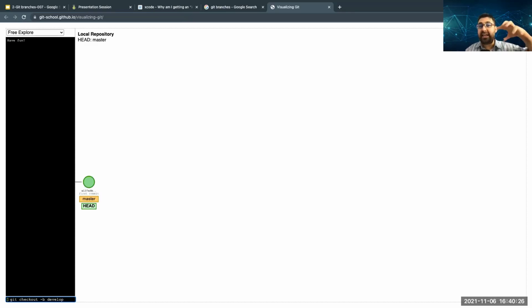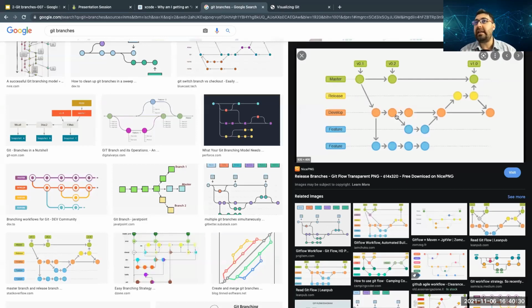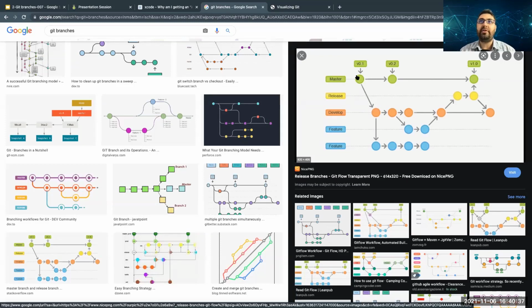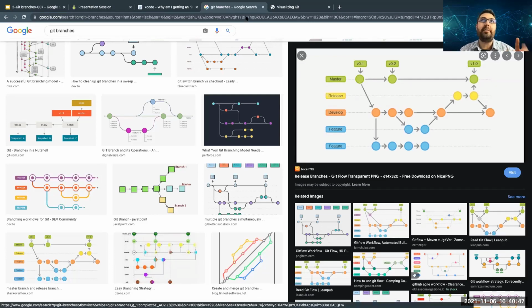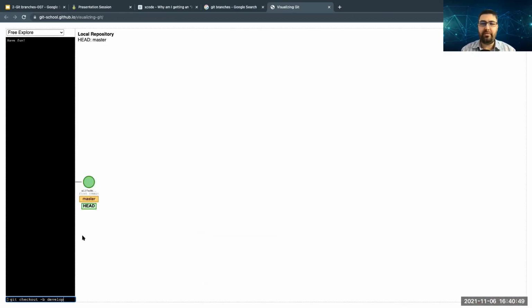Now I'm going to create a new branch. So what I'm doing is exactly the same thing you see here. I'm creating my develop branch from my master branch. But before we create the branch, let's commit, because there's one commit here. Every dot, every circle you see here is a commit. So before I create any branch, let's just commit all the changes first.